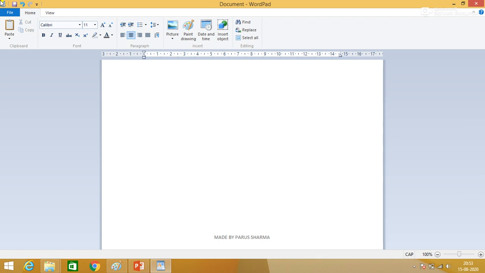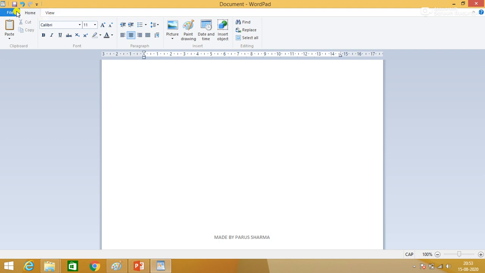At the left side there is a quick access toolbar, which you can use for shortcuts to some commands like save, undo and redo. You can add more shortcut commands here from the drop down arrow of the quick access toolbar. Now below the title bar we have a ribbon. There are three tabs: File tab, Home tab and View tab.